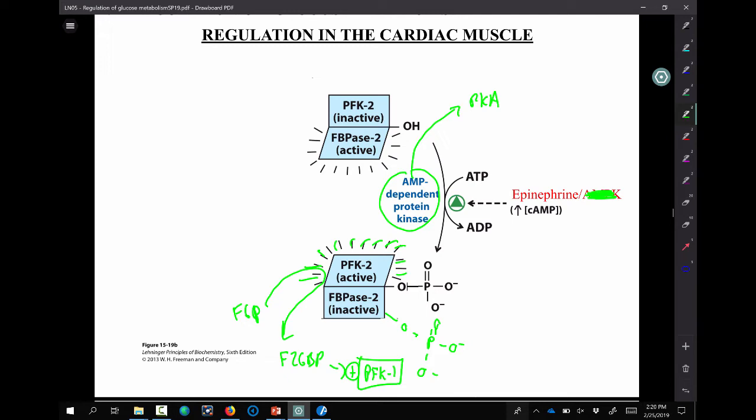Now, cardiac tissue, cardiac muscle, doesn't have a receptor for glucagon. And that's a good thing, because every time your blood got low in terms of glucose, your heart rate would increase based off of this, which means that when you woke up from a normal overnight fast, your heart rate would be high, and that would not be great. Some of you are like, actually, it might wake me up. So it's kind of what caffeine does, doesn't it? Yeah, but you don't want this on a daily basis, so again, not good.